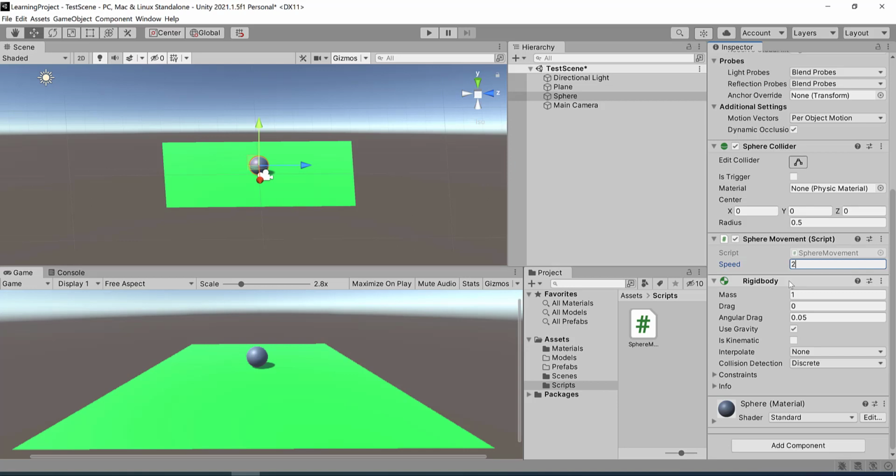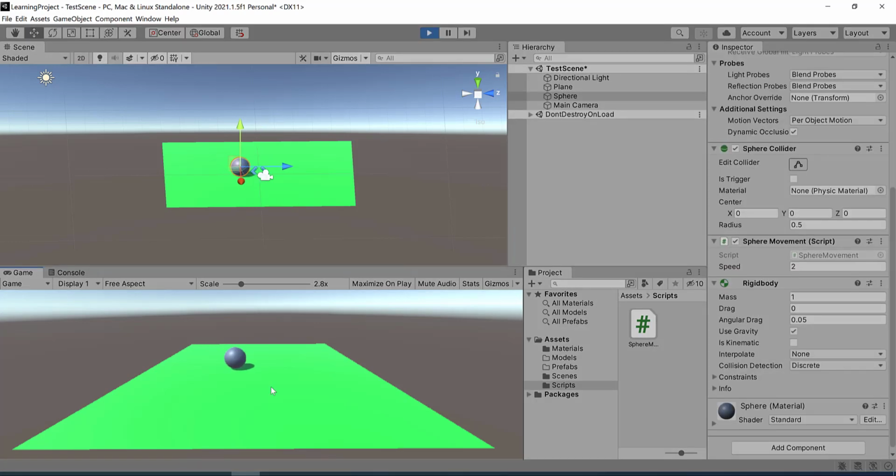I'm going to make this speed 2. And let's run this game and see the output. As you can see, our game object is moving left and right and on the z-axis as well.